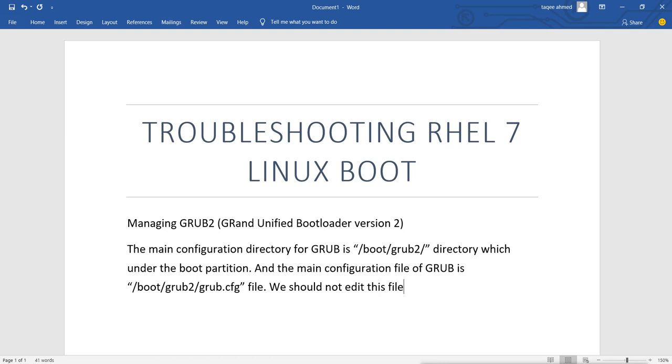We should not edit this file directly, but I am saying we should not, because I am not saying we must, because basically we can edit this file. We can edit this file if we like, but it is not recommended. So if we want to make some changes,